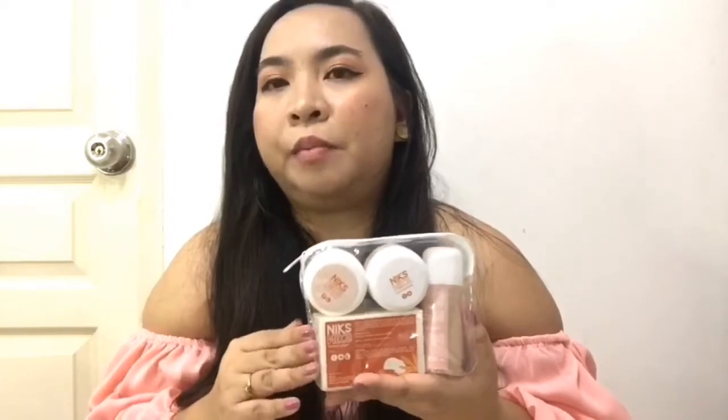So, yung soap, mga besh, what I'm going to do is I'm going to cut it like in 3. Kasi hindi ko siya gagamitin sa body. Because more of my problematic areas are in my face. And also, this one, the Miracle Mousse, what I'll be doing is I'll be using it on